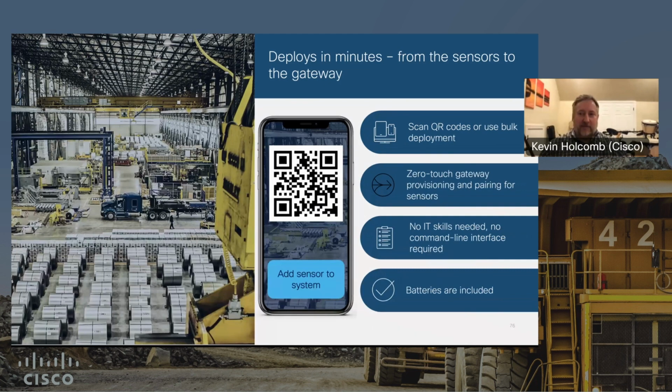Okay, so everything deploys in minutes, from the gateway itself all the way to the sensors. As I mentioned earlier, it's all based on a scan with a mobile device. Even the gateways: you scan a barcode on the back of the gateway, and as long as the gateway can reach the cloud and the ports are open, the right configuration gets pushed down automatically. Same for sensors. We ship the sensors; most of our sensors are battery powered, with one exception, and all those that are battery powered ship with the batteries installed. So it's literally like you pull a new sensor out of the box, you onboard it, and you have data flowing